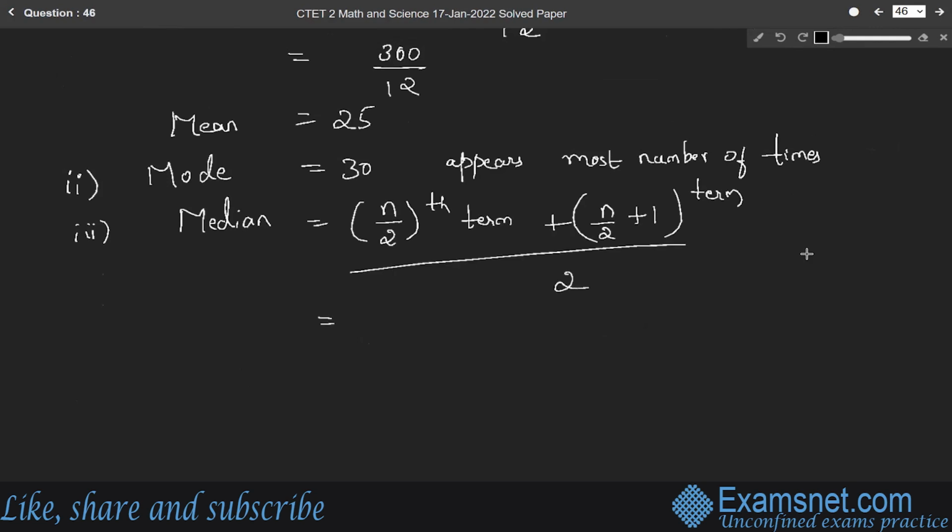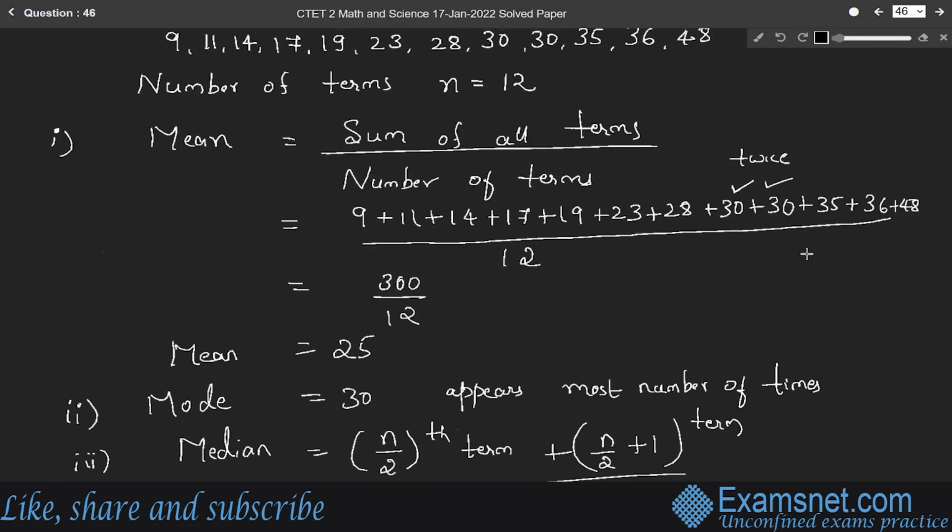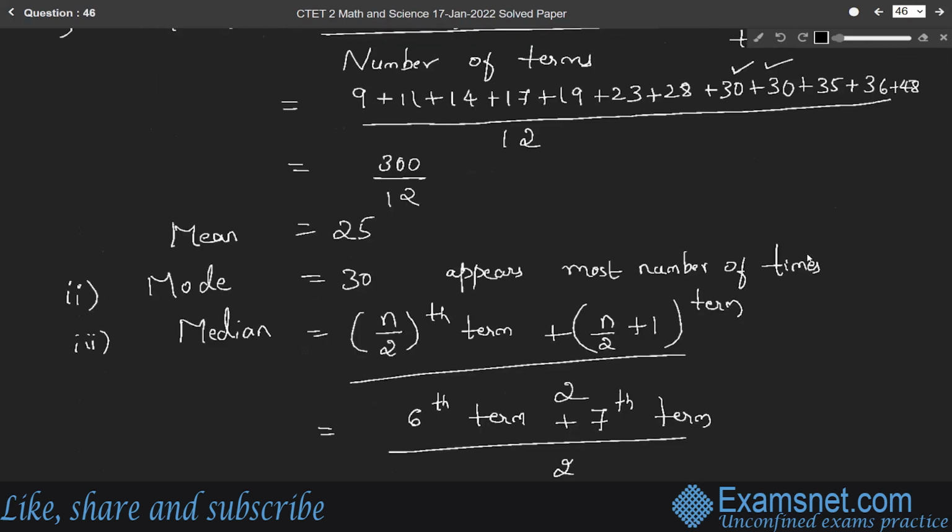So what is n here? 12. 12 by 2th term is 6th term, divided by 2. So in the given series, what is the 6th term? So now 1, 2, 3, 4, 5, 6th term is 23, and 7th term is 28. 23 plus